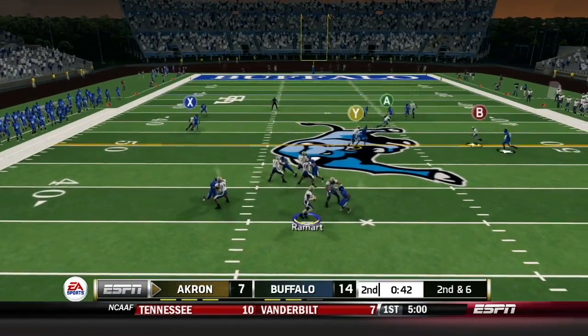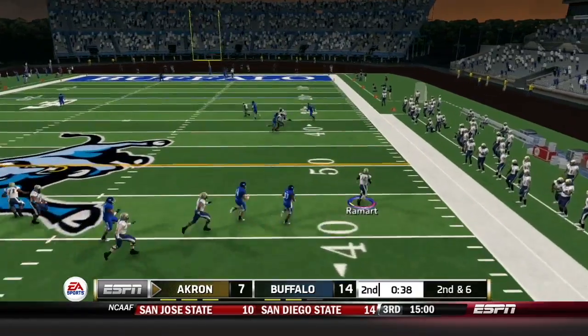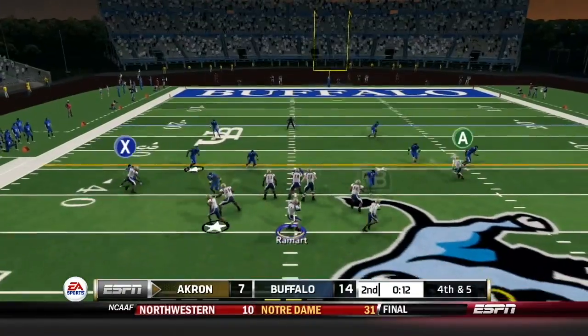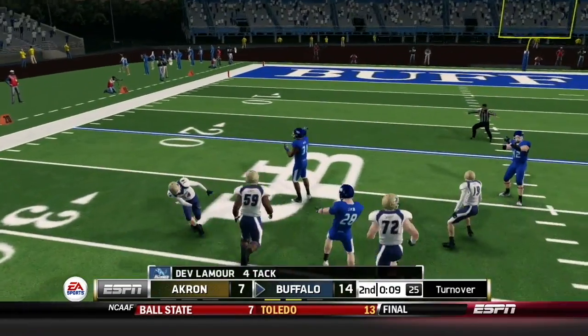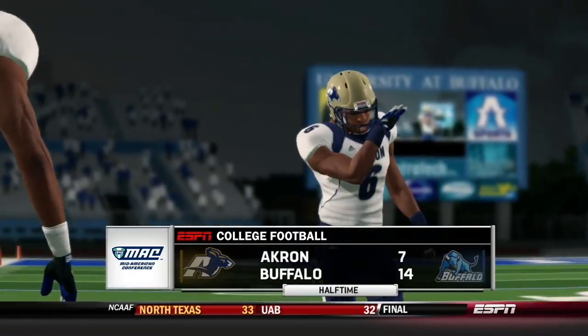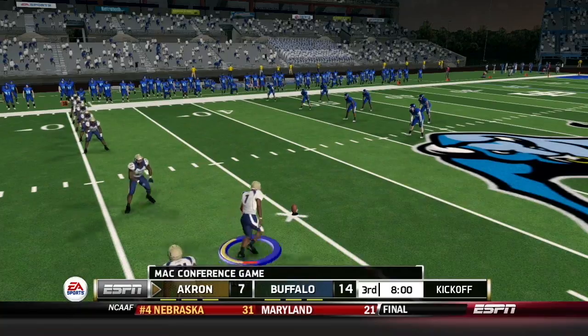2nd and 6 for Akron. They've got it to the 45. Rammert escapes the sack right there, and he's going to take off. He'll pick up the first down across midfield down to the Buffalo 45. They're on. It's a 4th and 5. That pass would be swatted away, incomplete, knocked away by Lamour. And so that would be a turnover on downs, and we would head to the locker room with a 14-7